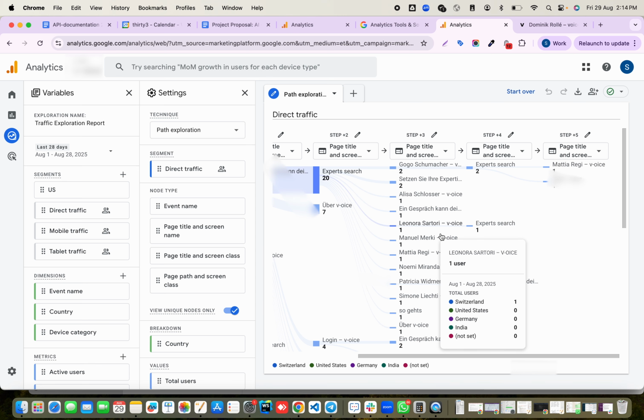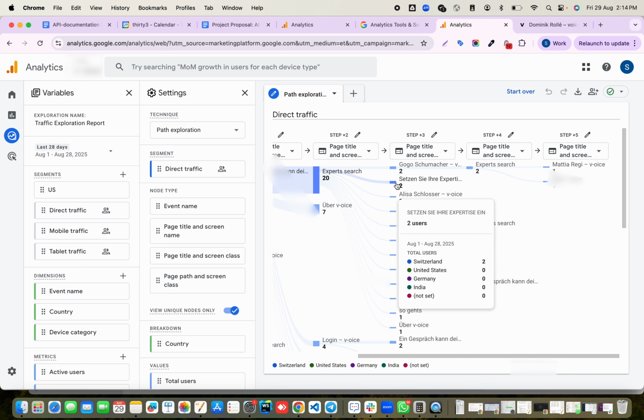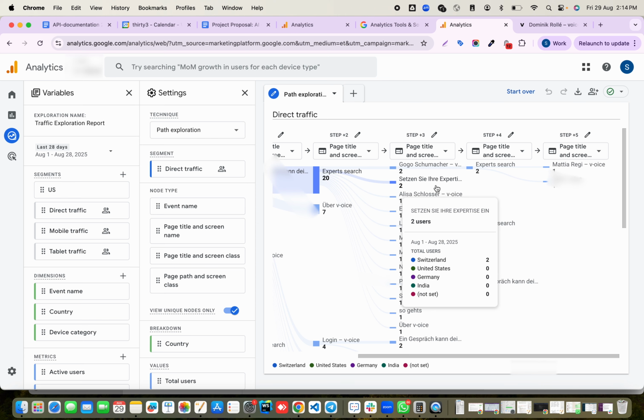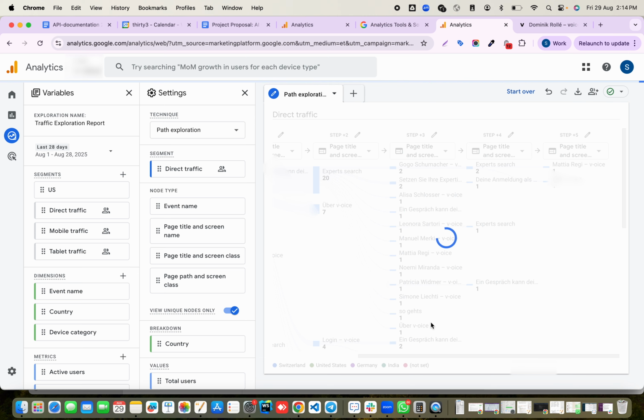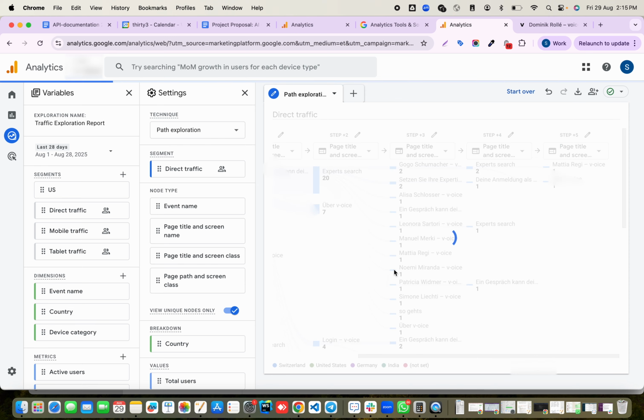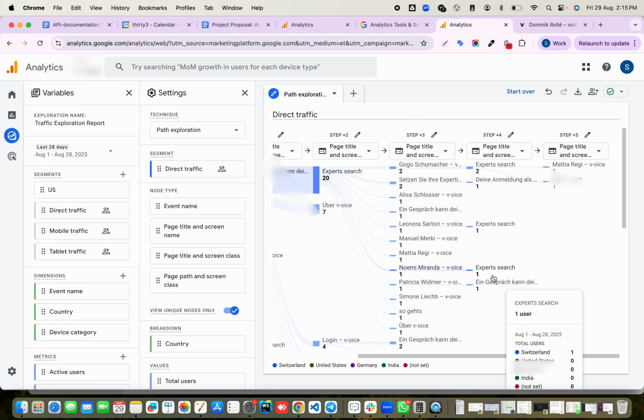One more thing here is, for example, if you would like to see what exactly the person did when he landed on this page, you can just click on this blue thing here, and when you click on it, you can see from this page to which page exactly that person went. Okay, so you can do this for any other page too. For example, I can do this here, and then from here it went to this page again.